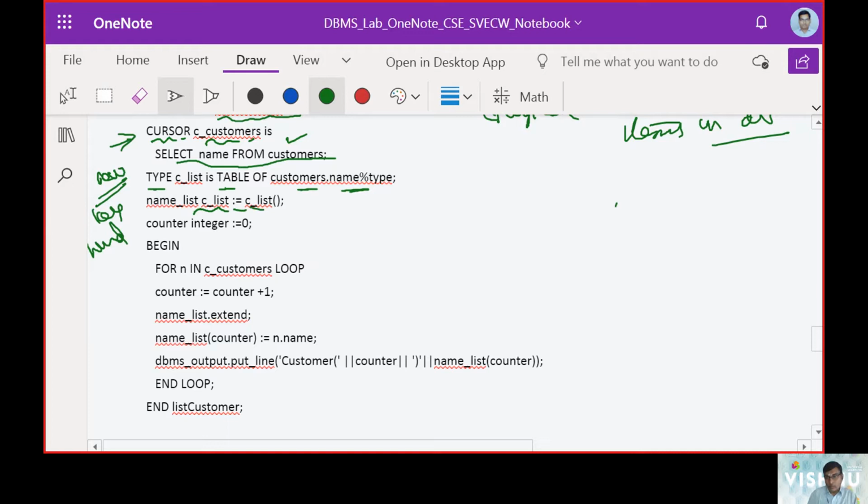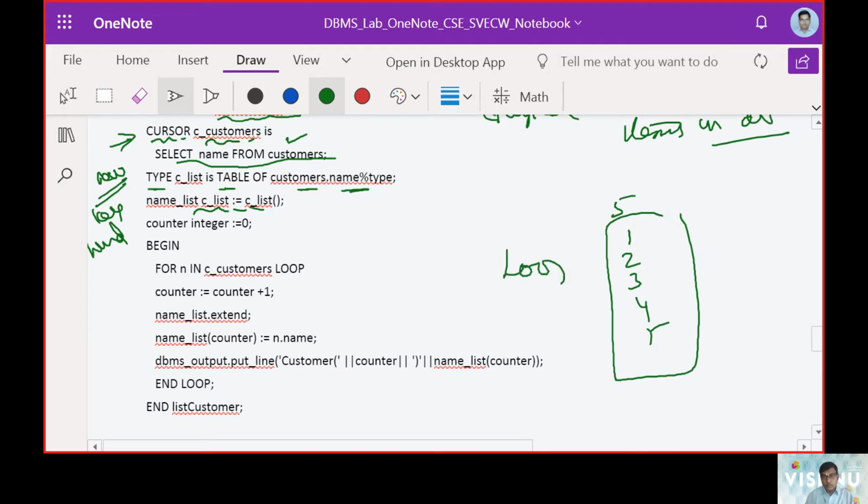So if I am going to have 5 rows, then I should display all the 5 rows. So how can I do it? I have to go with a command called loop. Whether it is a while loop, a for loop, or a repeat loop.